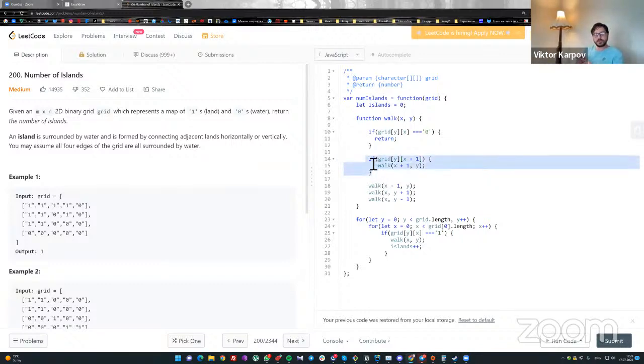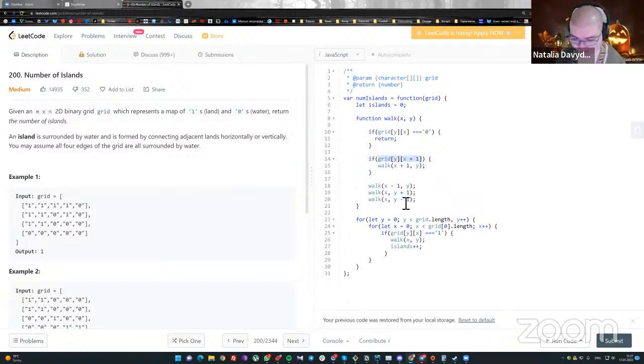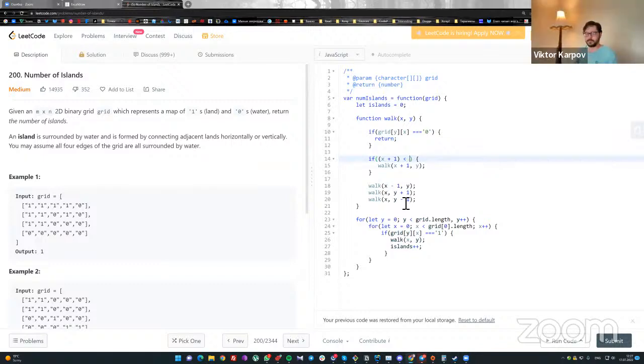What I would do is just check that x plus 1 is less or equal to the length of the grid. Okay, it's totally better. It's basically the same, but it's a bit clearer what you want to do. So if x plus 1 is less than